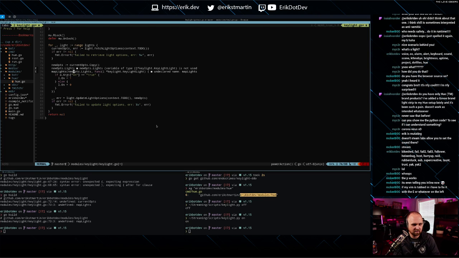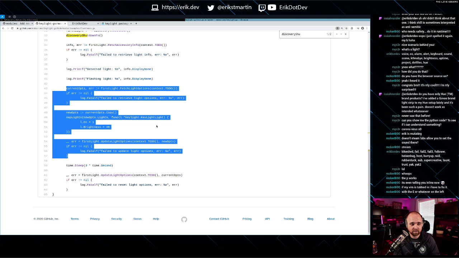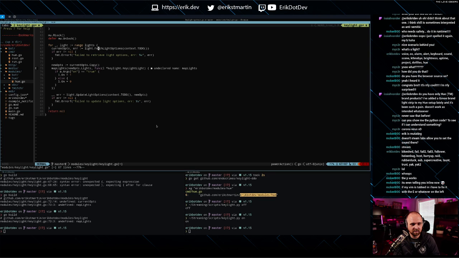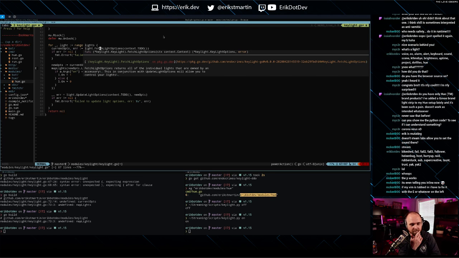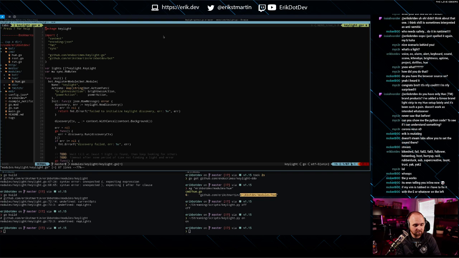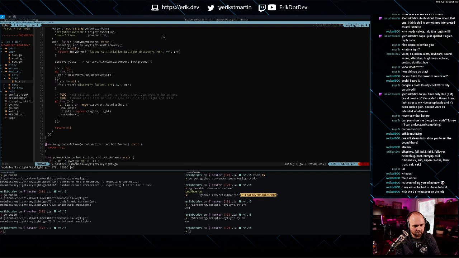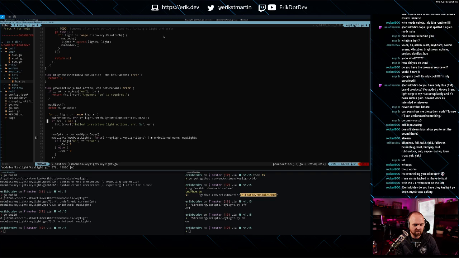I'm confused. So this is an individual light, right? Yeah, it's a pointer to a key light. Ooh. It's a pointer to a key light. What does it return? It returns a pointer to a key light options. Okay. I'm jumping all over the place. So in our key light options,